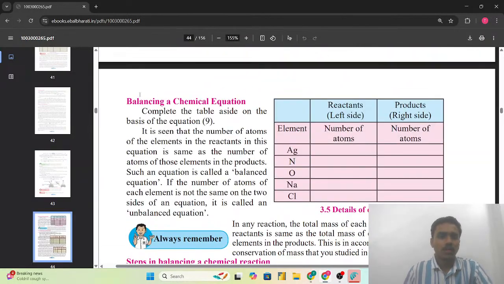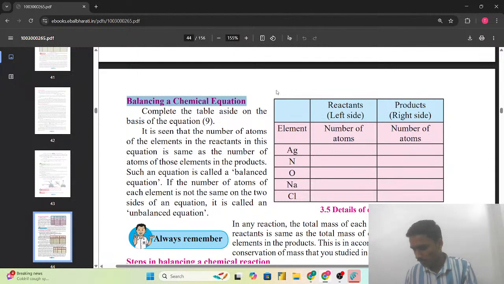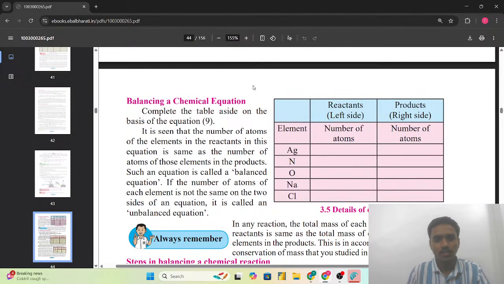हाँ, अभी हम देखने जा रहे हैं एक जो इम्पोर्टेंट टॉपिक है, दैट इज द बैलेंसिंग अ केमिकल इक्वेशन, जिसमें बहुत सारे बच्चे मतलब बहुत ज्यादा गलतियां होती है। So we have to try to avoid those mistakes. उसके लिए हमें बैलेंसिंग अ केमिकल इक्वेशन ये प्रॉपरली समझ लेना है, और कैसे बैलेंस करते हैं एक रिएक्शन को, वो स्टेप्स हमें फॉलो करने हैं। Then it becomes so simple. सबसे आसान टॉपिक अगर है तो ये है, लेकिन समझ लिया जाए तो आसान है। अगर समझा नहीं ठीक से, तो then that